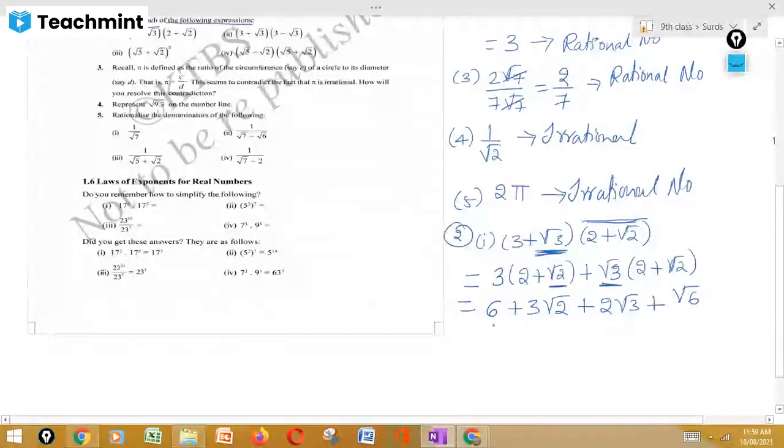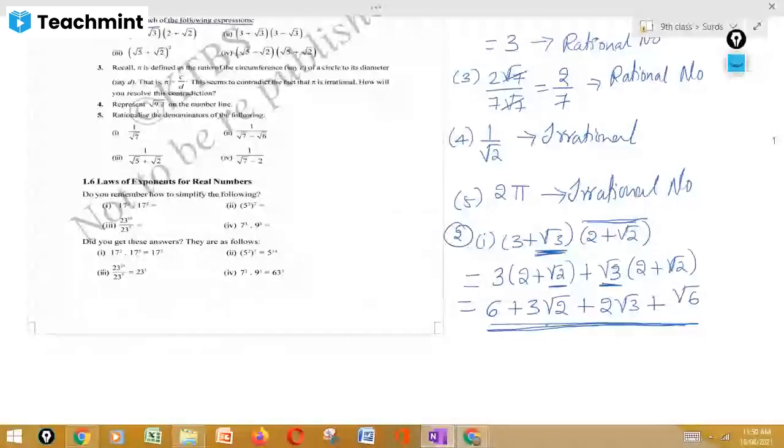Can I do any simplification in the next part? Yes, sir. No, sir. Those who said yes, how will you do it? Tell me. Those who said no, why can't you? Sir, because there are no like terms, sir. Very good. Since we don't have any like terms, we can't have any kind of simplification further. It's the last step. Got it? Yes, sir.